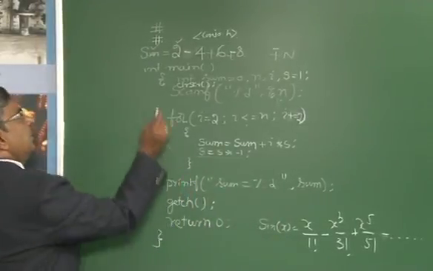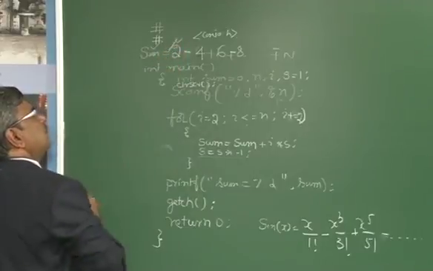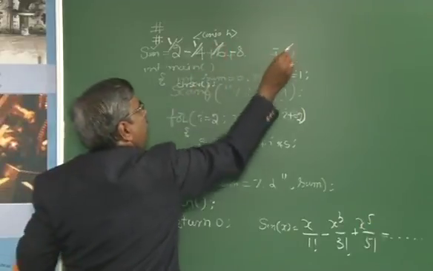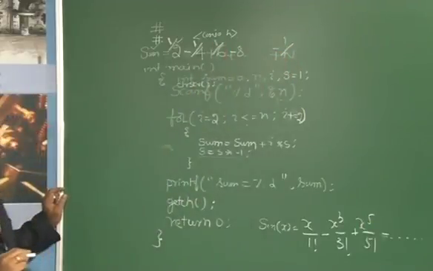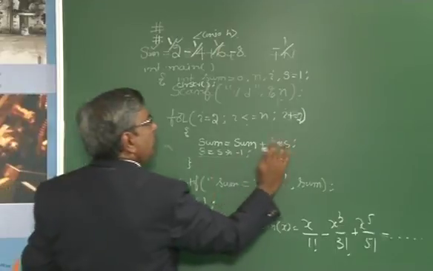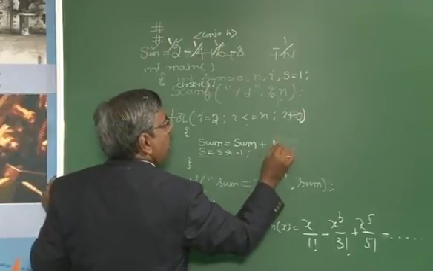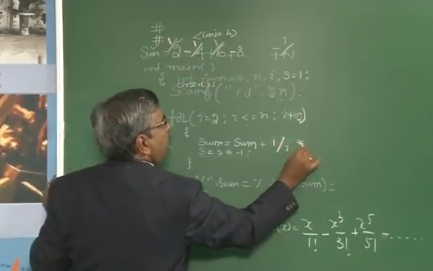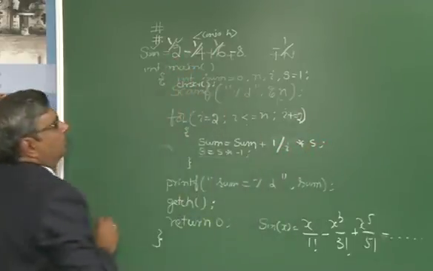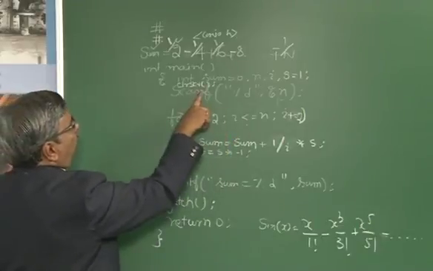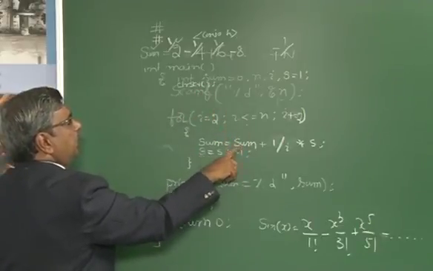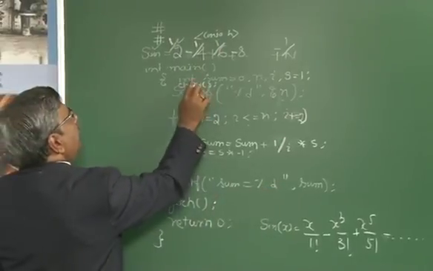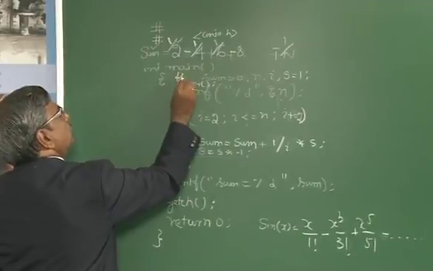The same observation you can make if the series is 1 by 2, 1 by 4, 1 by 6, 1 by n, like that. A small manipulation you have to do here: it is 1 divided by the corresponding i variable, multiplied with s. But if you are using all these variables of integer type, then the obtained result will not be correct. So you have to convert your variable into float.